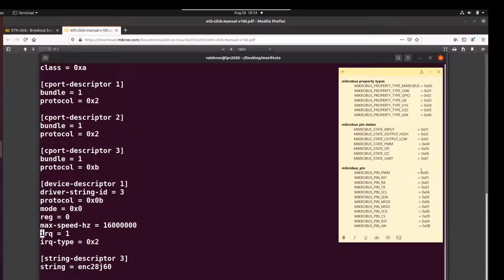The IRQ value for this device is set as 1, which is mapped to the interrupt pin on the microbus port. Even though the IRQ value is a relative value in the manifest, it will be translated to the corresponding GPIO IRQ for the interrupt GPIO pin on the microbus port to which the add-on board is attached. The IRQ type can take any value which is defined in the Linux interrupt.h.